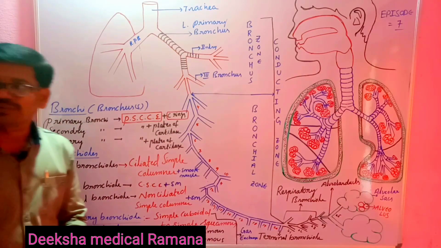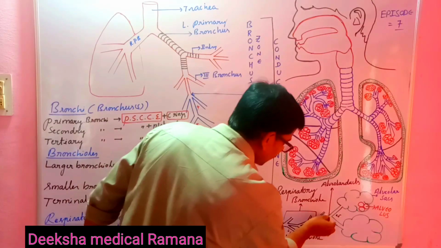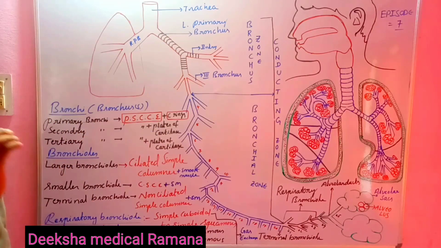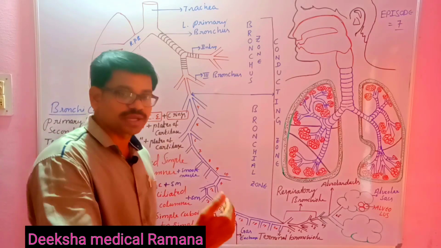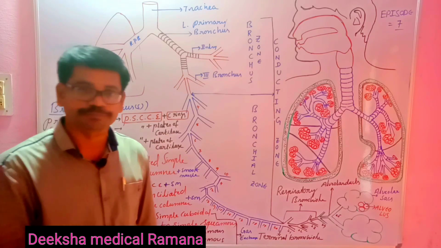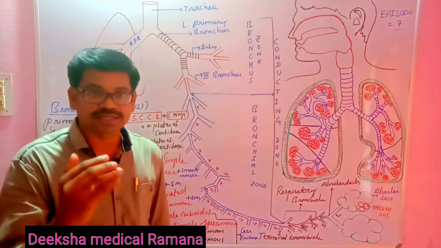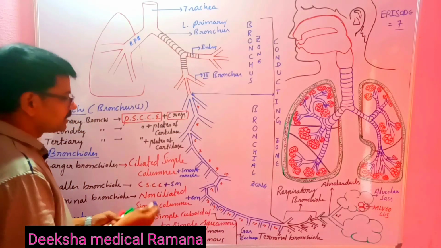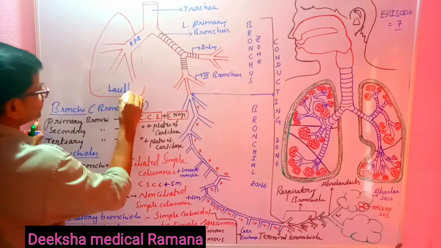But here I want to say, what is the use of these alveolar ducts and alveoli? Alveolar ducts secrete a surfactant. Alveolar cells are called pneumocytes: type 1 pneumocytes and type 2 pneumocytes. Type 1 pneumocytes are useful for exchange of gases, but type 2 pneumocytes help to secrete a surfactant called lecithin. Lecithin is a surfactant